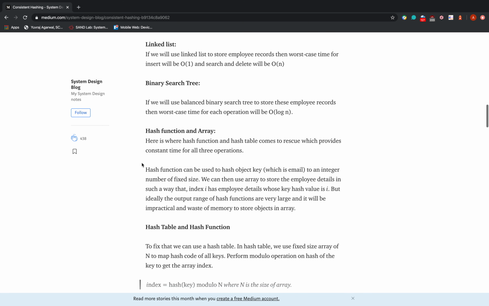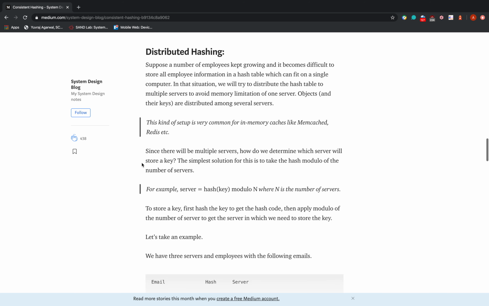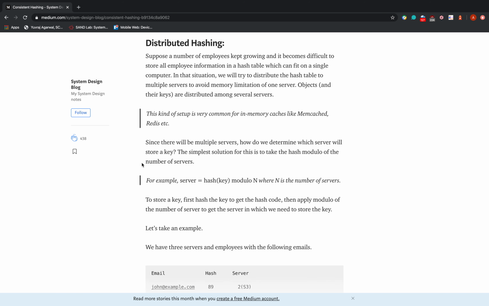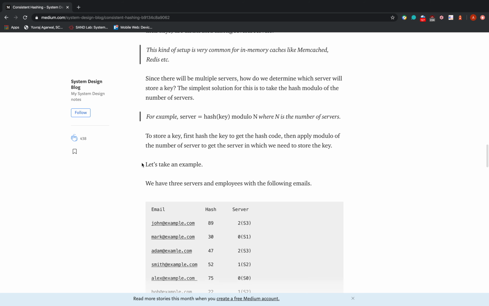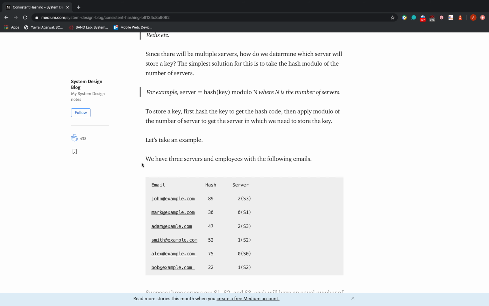I'll cut to the chase and go to an example of distributed hashing to see why we need consistent hashing. One way to construct a DHT is that we use a simple hash function, for example, the one being used here. Let's say that we have some servers S1, S2, and S3. Each of them has an ID. For example, S1 has an ID 0, S2 has an ID 1, and similarly S3 has an ID 2.